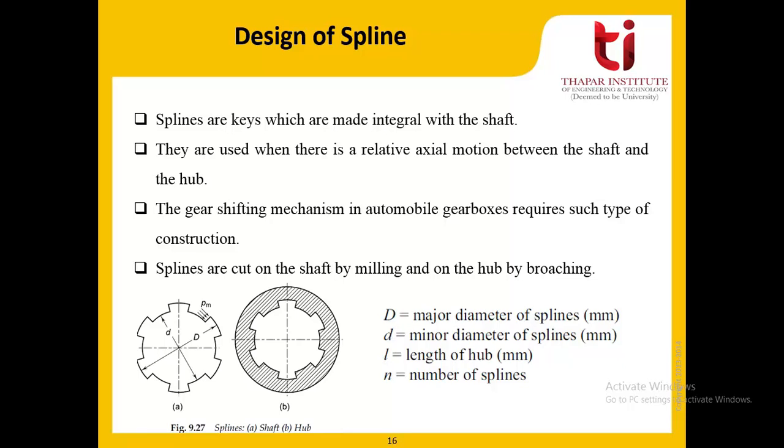Now there are a few parameters which we will use for design. D is the outer diameter of the spline, or you call it the major diameter. Small d is the minor diameter of the spline. L is the length of the hub, which is not shown here. N is the number of splines being used. And if you see here in the force diagram, when the torque transmission takes place onto this spline surface edge, a pressure will act. There is a limiting value of this pressure which we will use. This is called PM, or mean pressure, right?